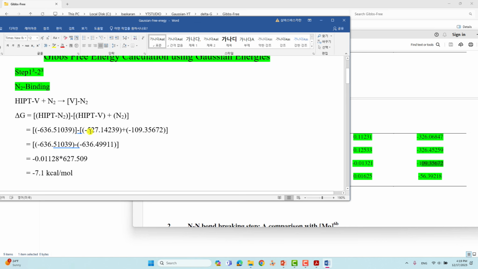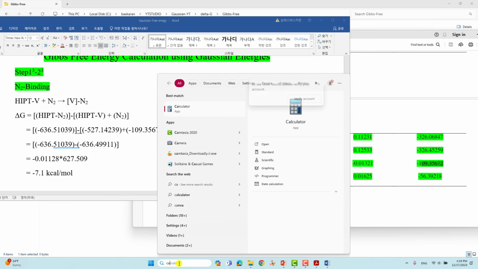So that's all. You add these two energies, you keep them here. Similarly, you take this energy directly here, because there is only one intermediate on this side. So you can just subtract these two energies using a calculator. I will tell you how to do that. Just copy this, go to the calculator,